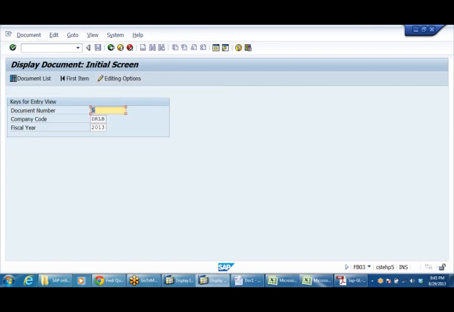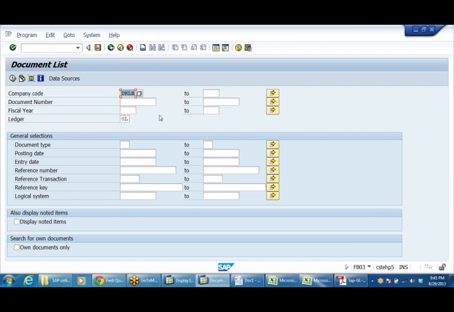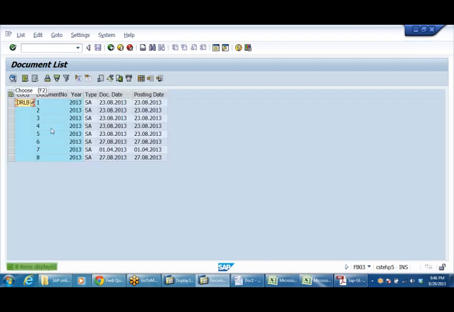Or if I want to see all the documents, in such case, don't enter any number. Click on document list. Here, the document type that we have created is SCA document. Enter the document type SCA, execute. You can see all.